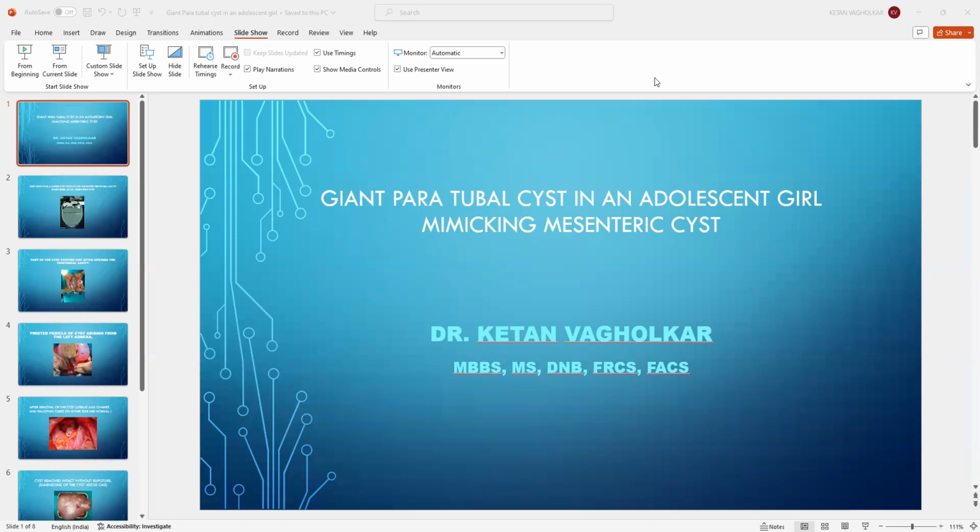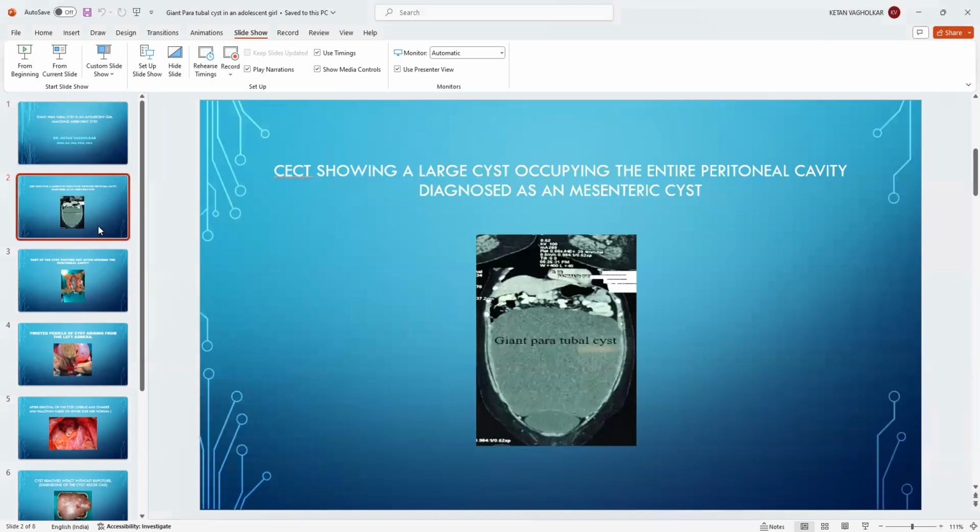We did a CT scan on this particular patient, and these were the findings on a CT scan, which showed a large cyst occupying the entire peritoneal cavity, which was diagnosed initially as a mesenteric cyst. In view of the large size of the cyst, a decision to go ahead with an open approach was made